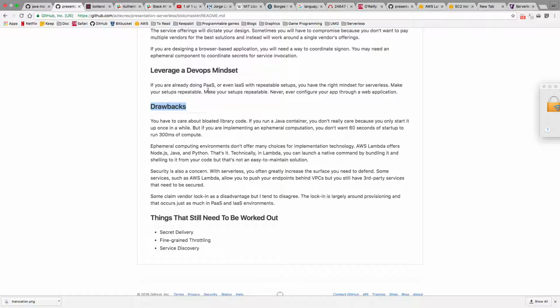And then I heard some claims that vendor lock-in is a disadvantage. I hear this all the time. I never worry that much about vendor lock-in. I know it's a concern, but in my experience, if you're writing Java code, you're going to be able to move it to other places to run Java code. For instance, Python, I imagine, is the same.